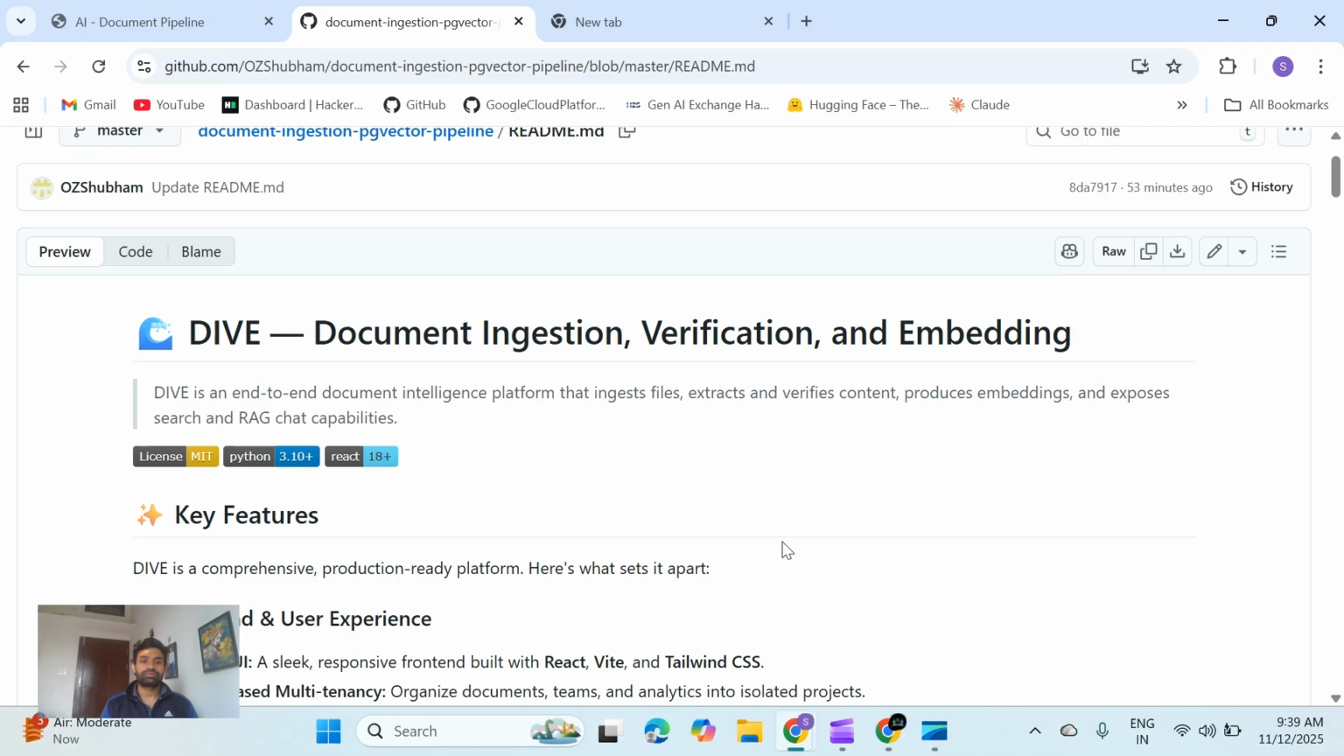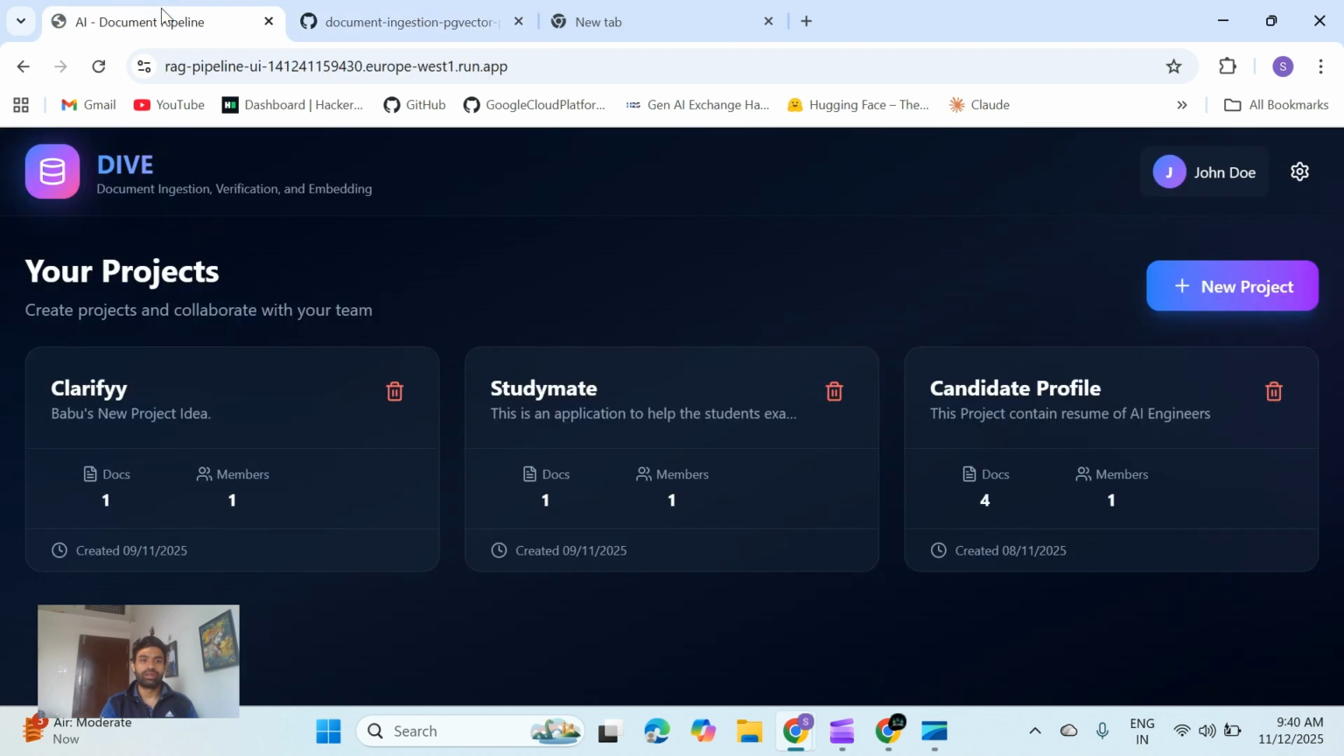Okay, now first, I will demonstrate my application. Then we will come back to see the key features of this application. So let's go back to our application. This is the landing page of our application. Here a user can create a project and then upload their documents. Now let us create a new project,